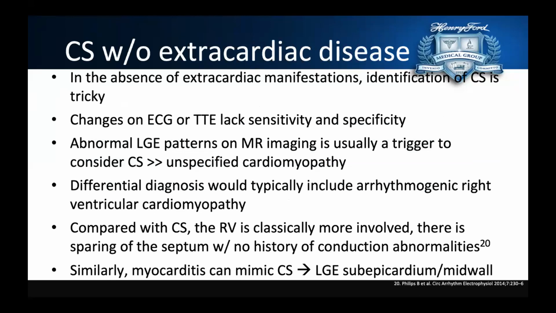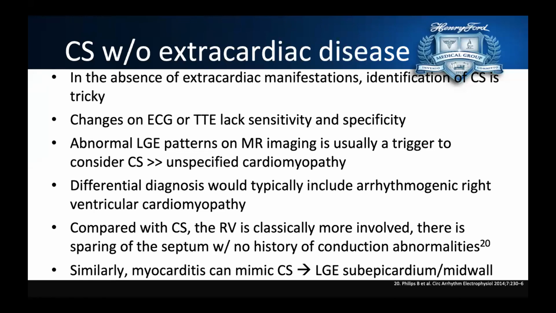Abnormal late gadolinium enhancement patterns on MR imaging can be a trigger to consider cardiac sarcoidosis, at least over an otherwise unspecified cardiomyopathy. At that point, it's important to keep in mind other differential diagnoses. So you can look at arrhythmogenic right ventricular cardiomyopathy, although compared with cardiac sarcoid, the right ventricle is more involved and there is sparing of the septum with no